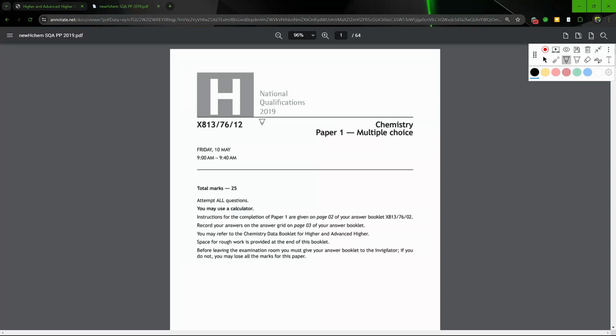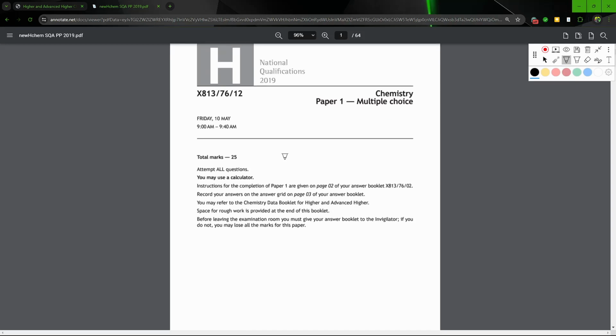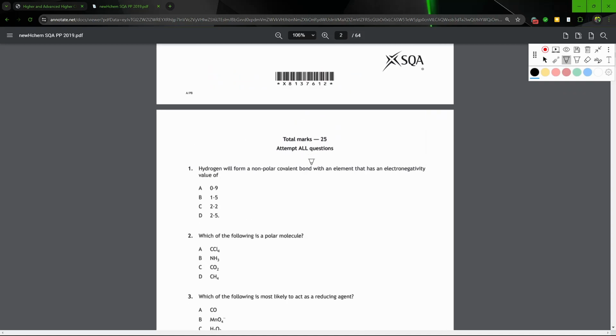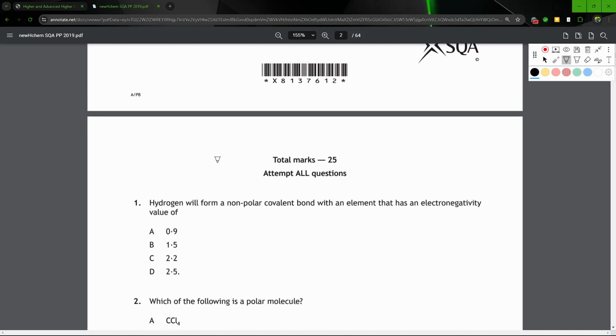Hey folks, Mash is back, and today I'll be doing the 2019 Paper 1 Chemistry, as this will be the multi-choice. Only 25 marks, so don't worry too much about this. And hey, if you don't know a question, you can just put something random. Let's get cracking. Now, first question here, we've got hydrogen will form a non-polar covalent bond with an element that